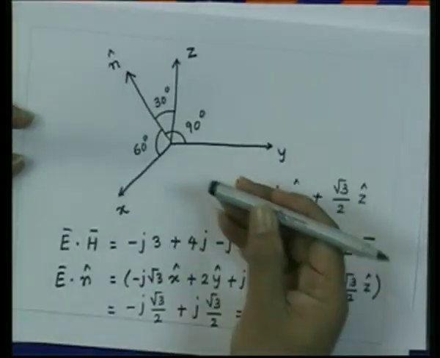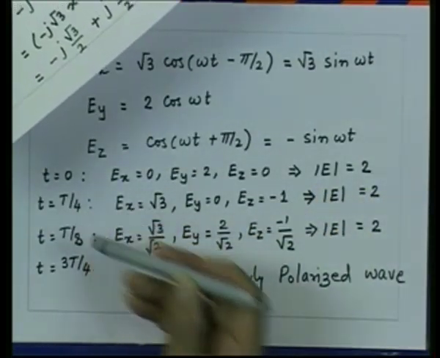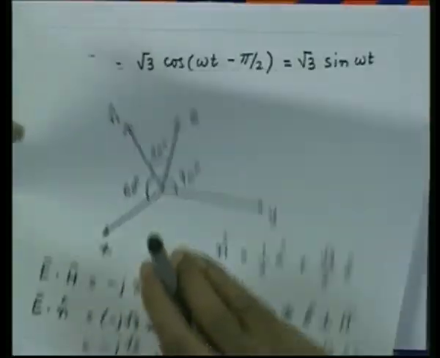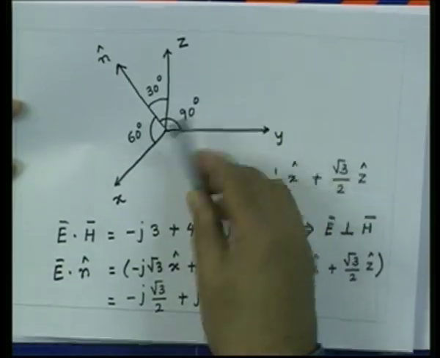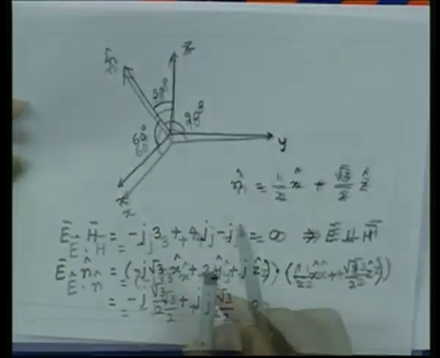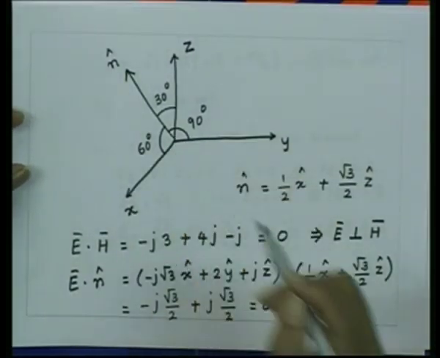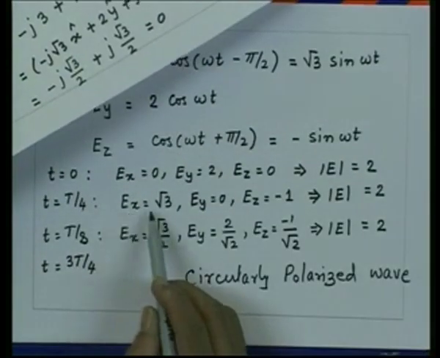So, initially the electric field was like that, and after a time T by 4, the E x has become root 3 and the z component is negative. So, essentially the electric field vector has moved like that. Since this quantity z is negative, the point to which the electric field vector has moved,